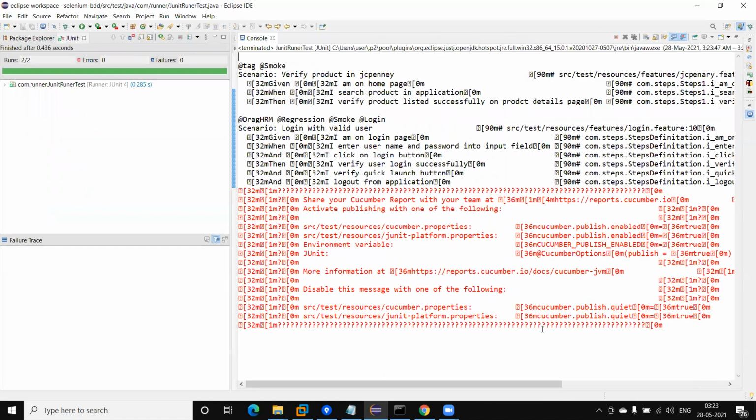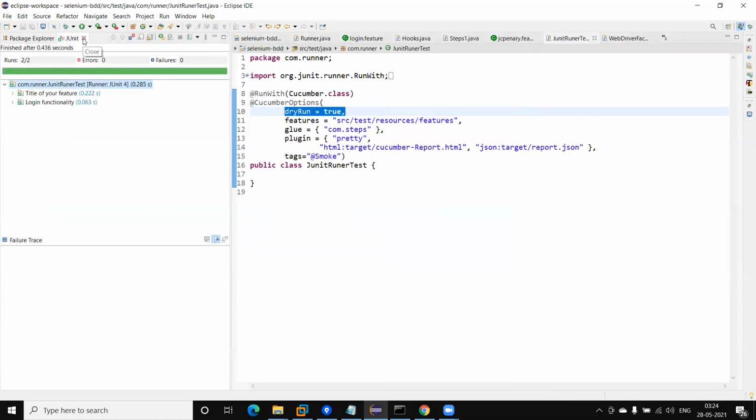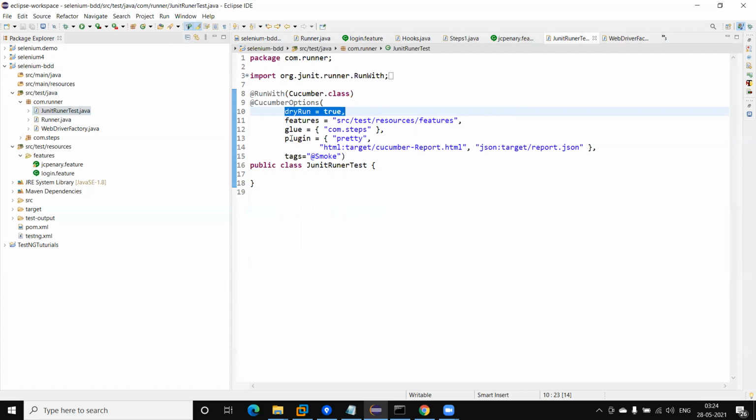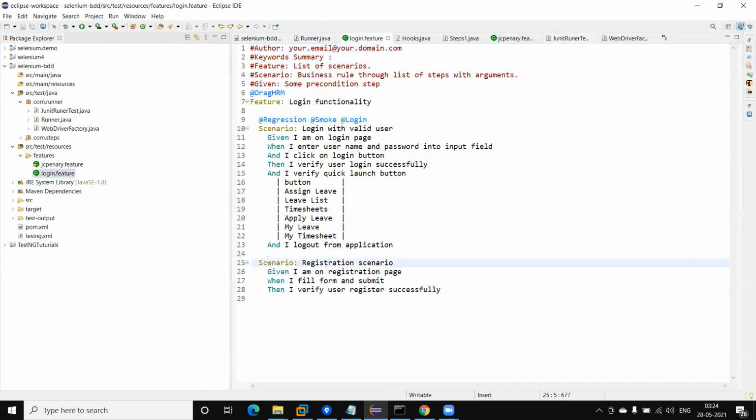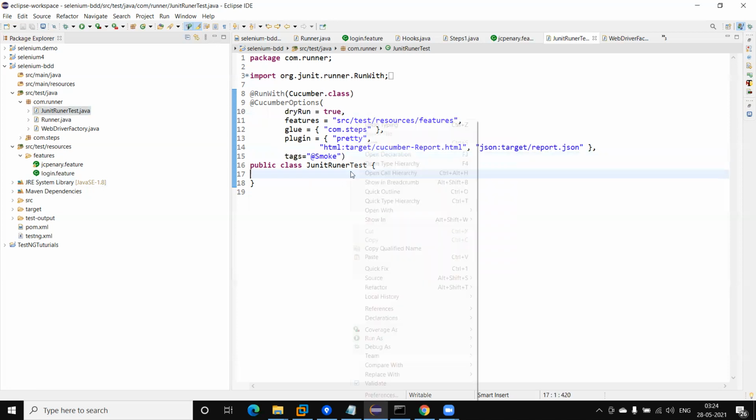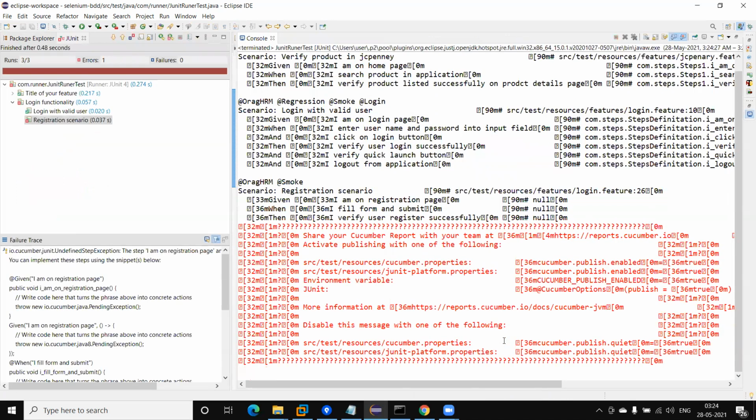Here I am running only the smoke test, so only two scenarios are validated where I have added the smoke tag. That's why we are not getting the missing steps here. If you want to run the complete test, we can ignore this tag, or we can also add the tag here. Like I'm going to add one tag here, smoke. Now running the test again, you will see the missing steps will be added here.